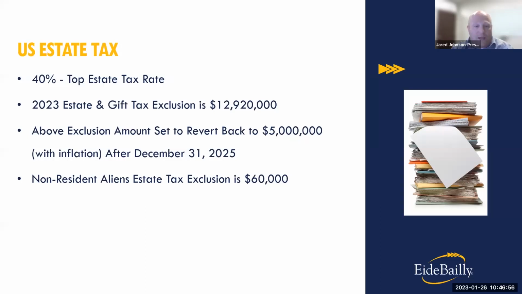The non-resident alien estate tax exclusion is $60,000. So the $12.9 million is for U.S. domiciliary individuals, so U.S. citizens or someone domiciled in the United States. If you are not a U.S. domiciliary and you have U.S. situs assets, like let's say that you have